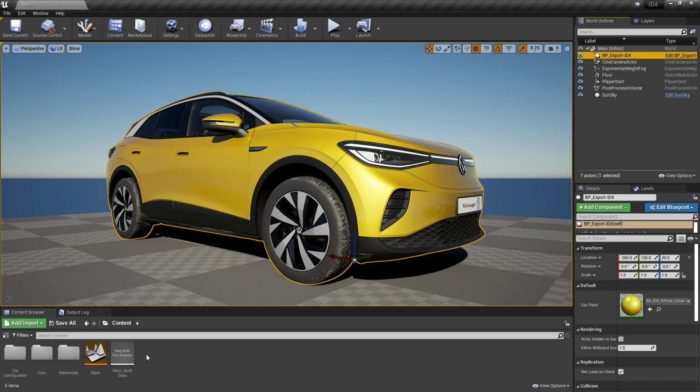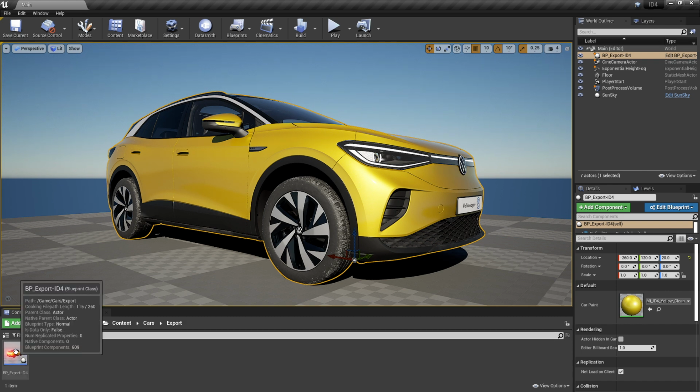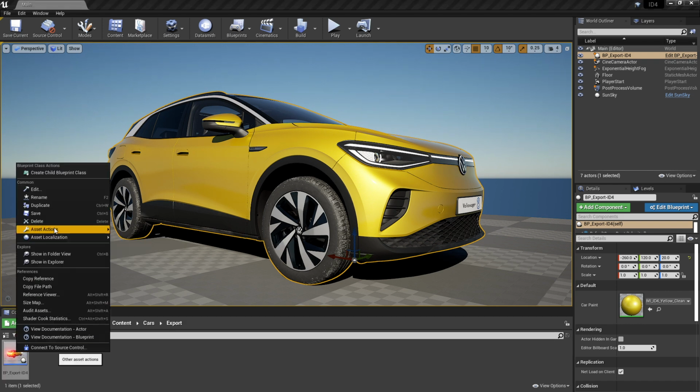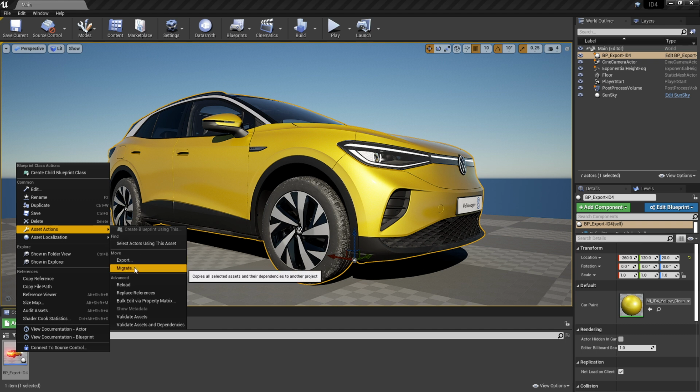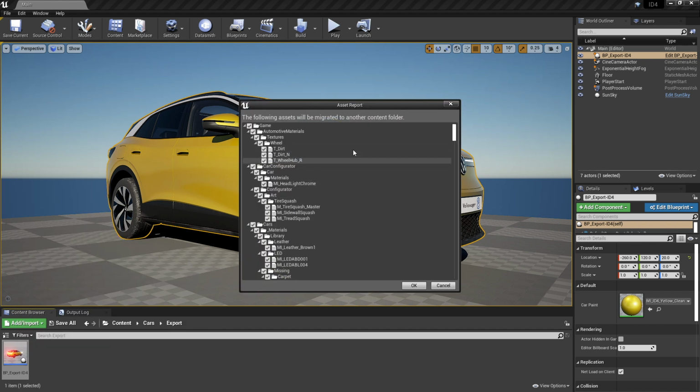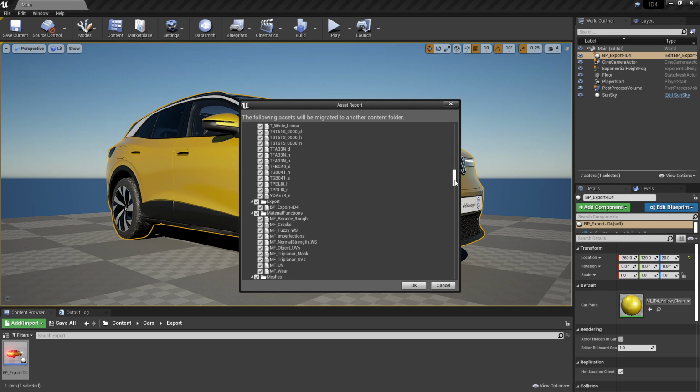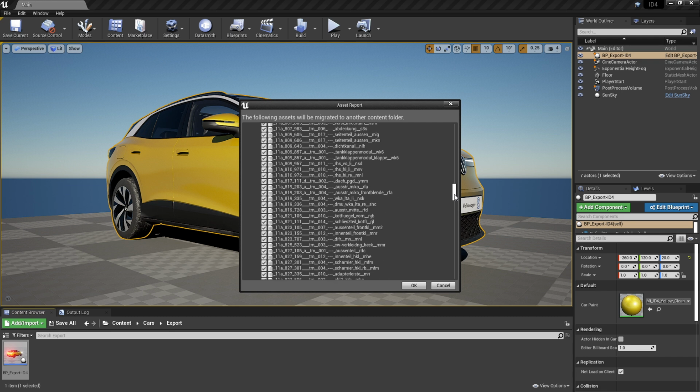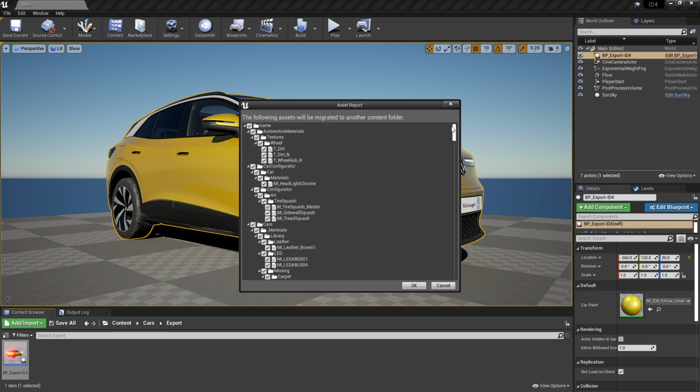So all we have to do is navigate to where that blueprint lives in the content browser, right-click on top of it, go to Asset Actions, Migrate. When we bring that up, it's going to give us a list of everything that's going to get migrated across: all the materials, all the textures, all the static meshes, any logic that lives inside of that blueprint, any lights that were in that blueprint. Basically, all of this stuff is going to get migrated over to the car configurator sample project.